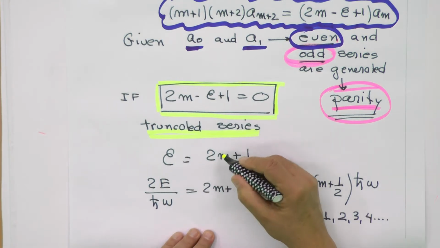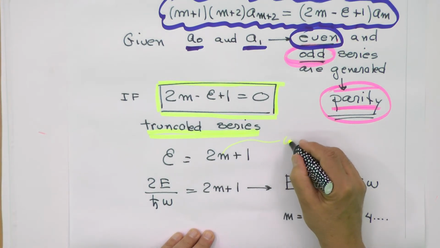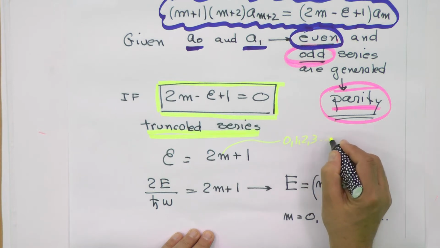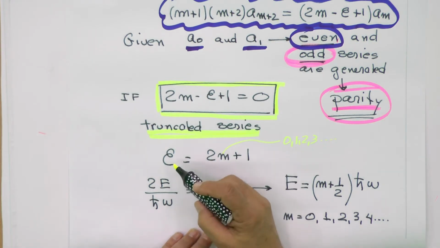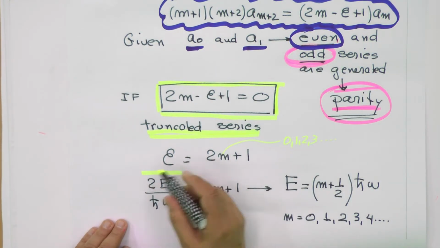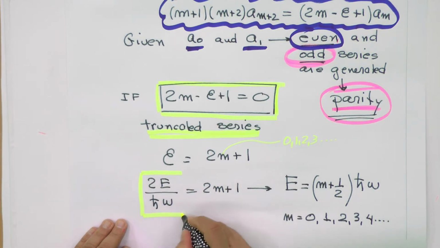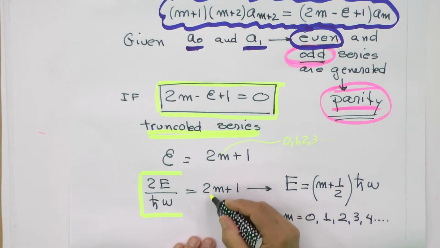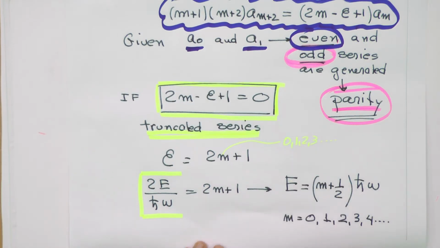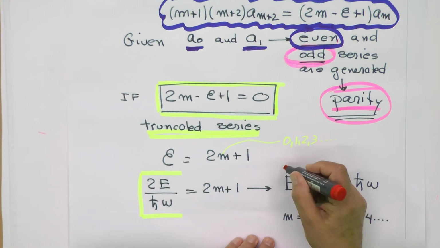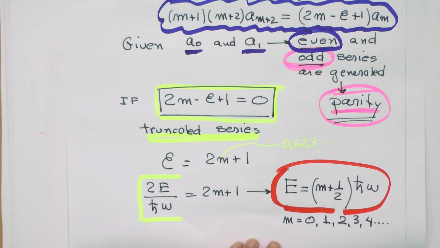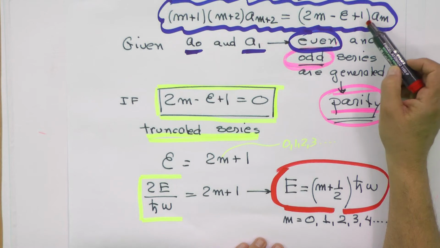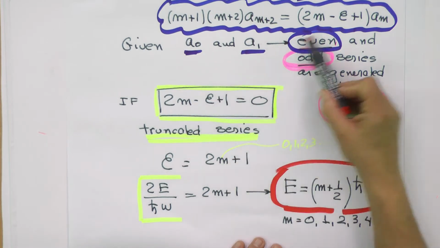Remember that m is equal to 0, 1, 2, 3, and so on. In the place of epsilon, we put our definition that we did before, that is 2 times the energy divided by h bar omega, equal to 2m plus 1. And then we get the energy. We get that the possible energies are given by this. And of course, I must truncate the series somewhere,